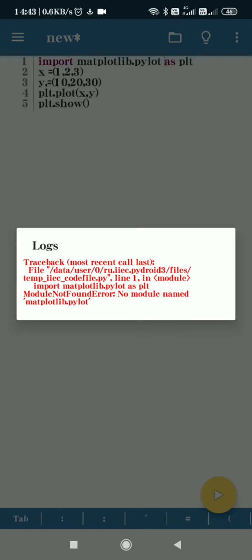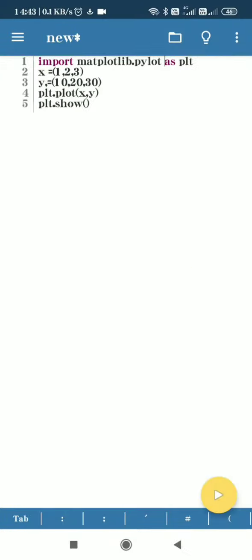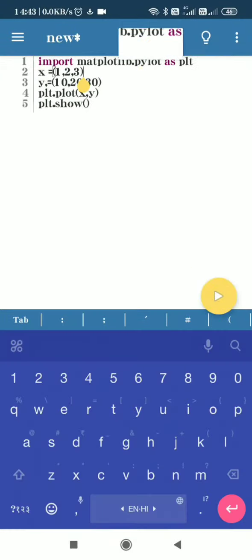Matplotlib dot pyplot, I wrote pyplot, there is a difficulty, pyplot, then you can run.